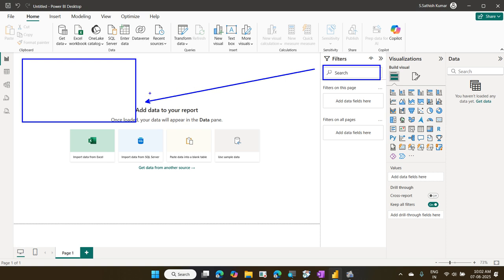Second, you can filter a particular page. A page can be filtered. For example, in this page, I want only the 2025 report. Only the 2025 data should be filtered in this page, the entire page. I have 10 visuals in the entire page, and all 10 visuals should be filtered for the year 2025. And the third one,